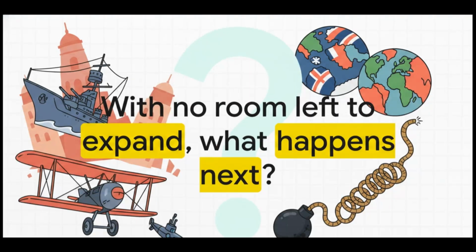Which leaves us here. As we hit the modern era, Britain holds the largest empire in history. The great powers are ruthlessly competing, and the entire world has basically been claimed. There is quite literally nowhere left to expand, except perhaps into the territory of the crumbling Ottoman Empire. Take this explosive mix of bottled-up imperial ambition, add in terrifying new industrial weapons like submarines, airplanes, and battleships, and you really have to ask yourself, what happens next? Humanity is